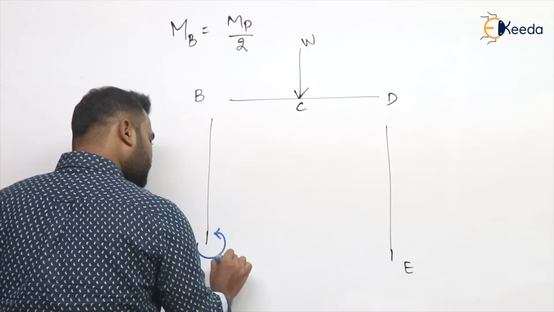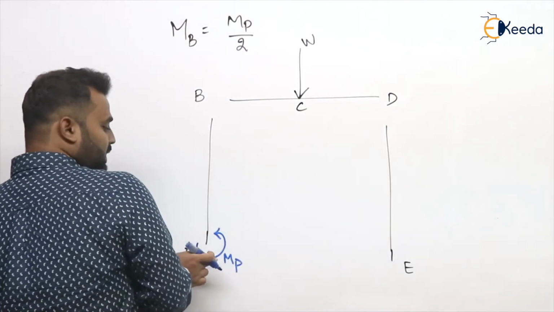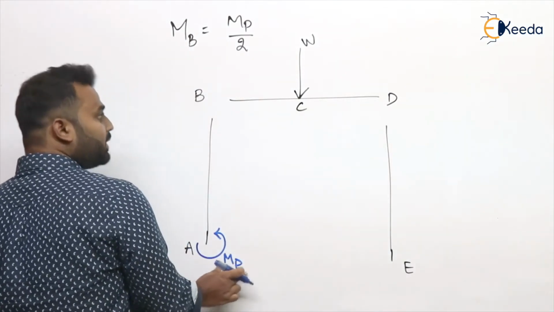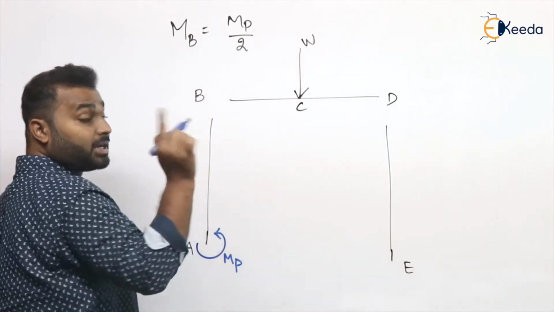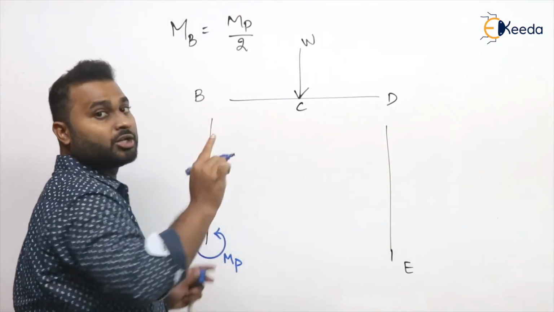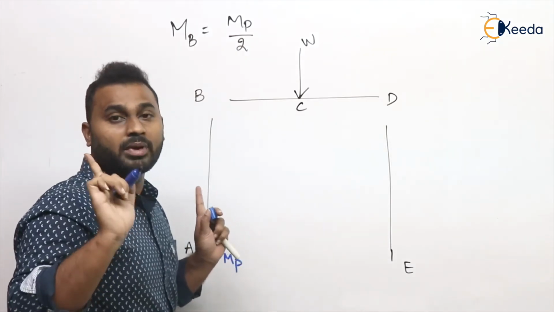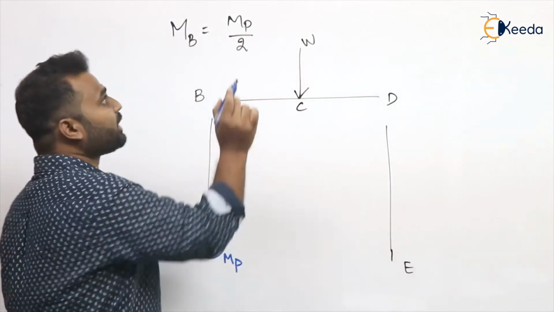This is MP. Here, as a plastic hinge is forming, it is MP. But at joint B, as I have repeated a number of times, there is no plastic hinge. Hence the moment at joint B is unknown, which is what we have calculated as